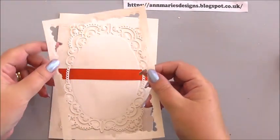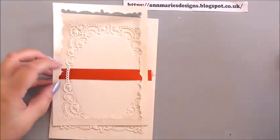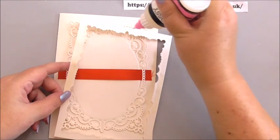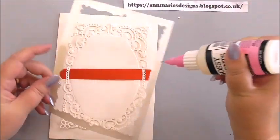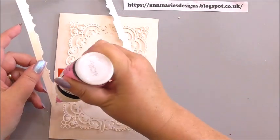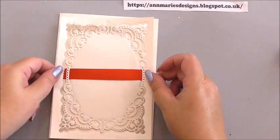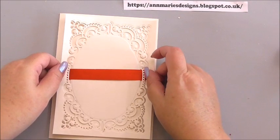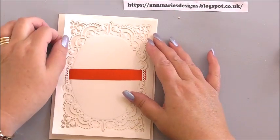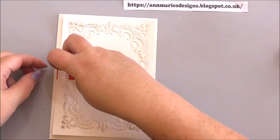Now this section that we cut away from the outside, we're just going to add a little bit of glue in the corners so that it will stick. Oops, getting caught up. There we go. I've started going quiet when I'm adding my glue. So now we can just position this over the centre of our die cut like that,